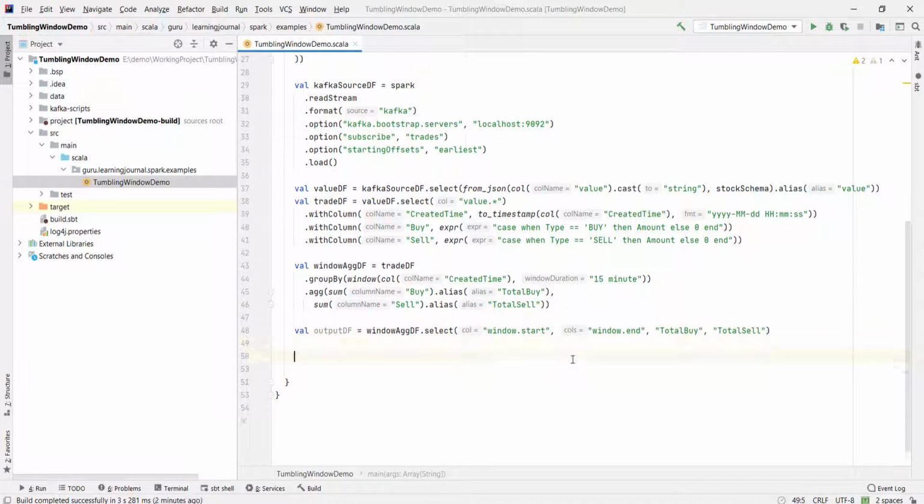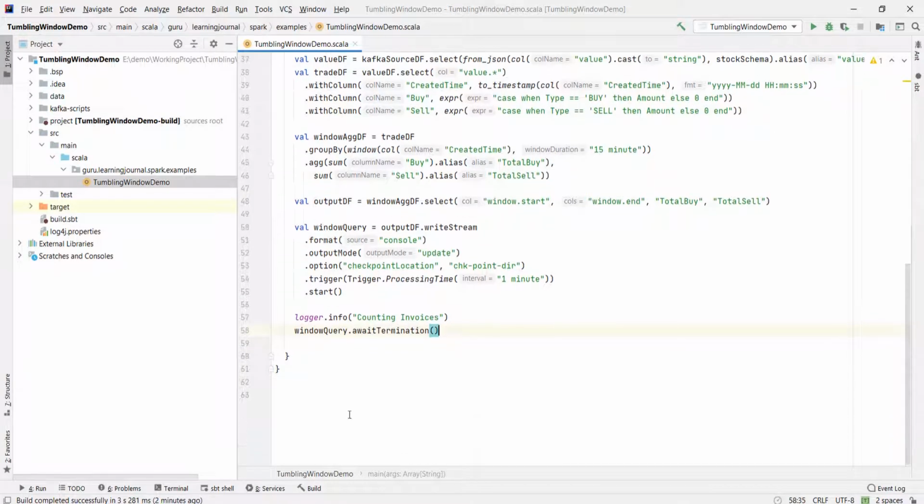Then we create a query and sync the output to the console. In the real life project, I should sync the output to a database table. The target database could be a Spark database or it could be an RDBMS such as Postgres. Why database? Because my visualization team should read the sync table and create a graph, right? And they cannot read from Kafka or Console Sync. They should be expecting a database table that they can read using the ODBC or JDBC connection, right? I'll cover that part separately, but for now, let me sync it to the console.